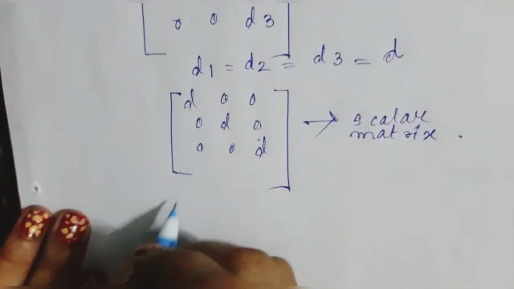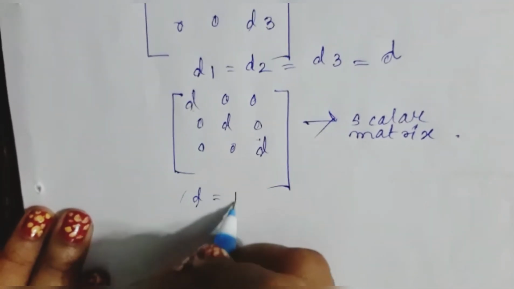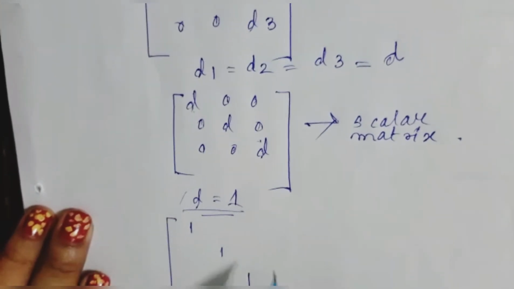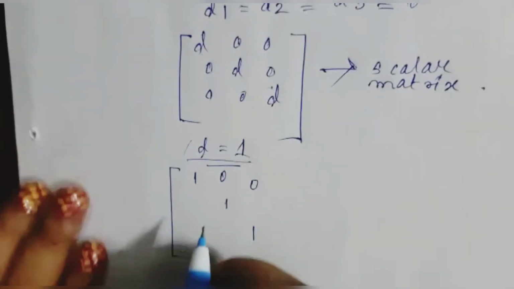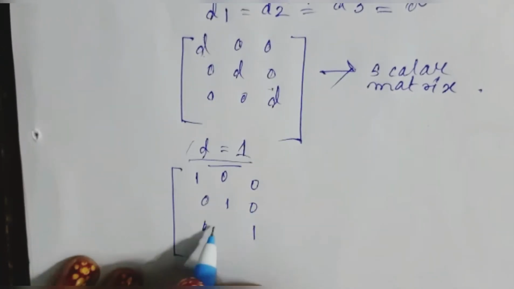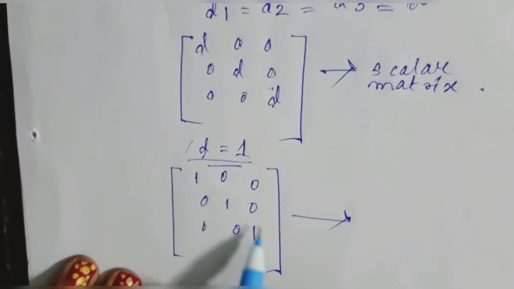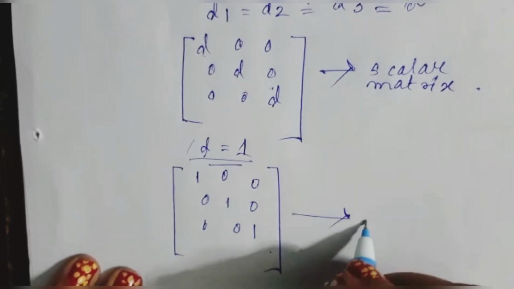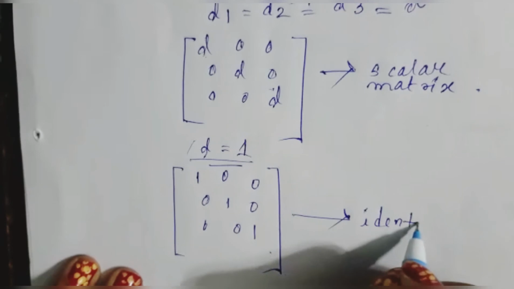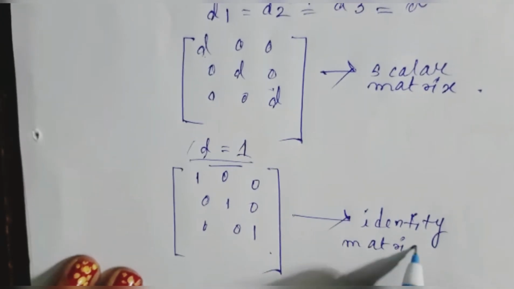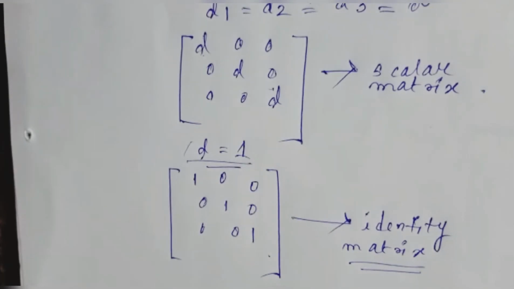Similarly, if your diagonals are all 1, like 1 1 1 with 0 everywhere else, in that case it is going to be the identity matrix. Okay,